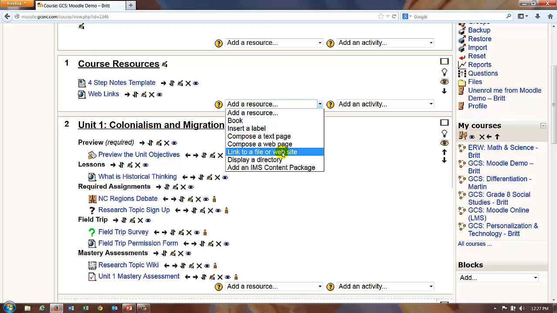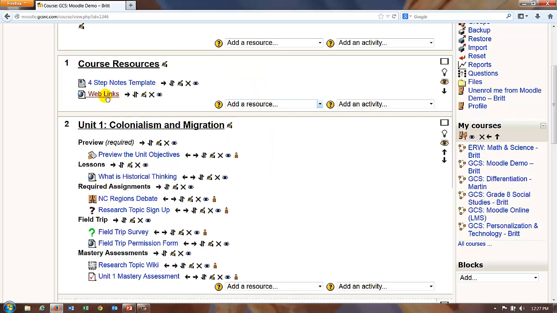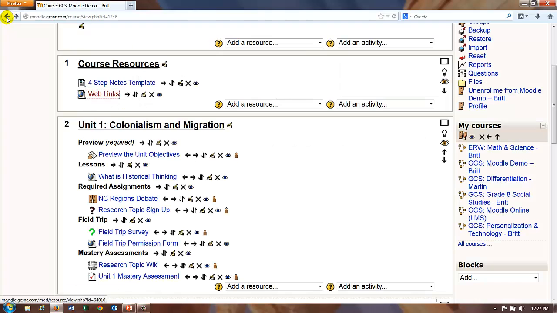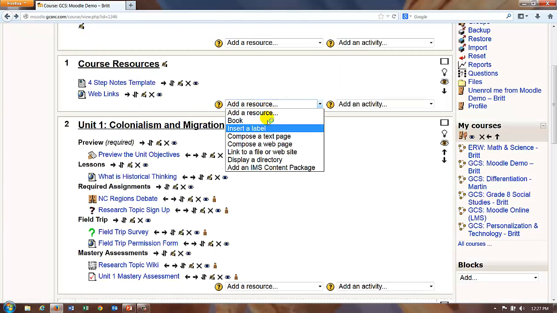If I do a link to a file or website, then whatever gets put there, like this, is going to take me directly out to that link. So there was the link it took me to. I'm now out of Moodle. If I were to do something like a web page,